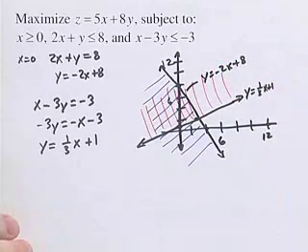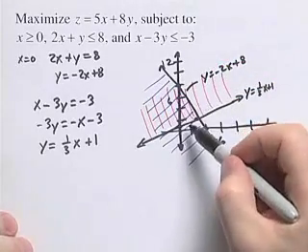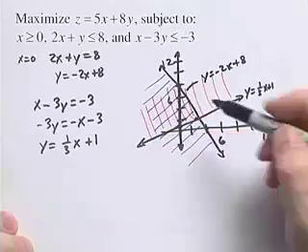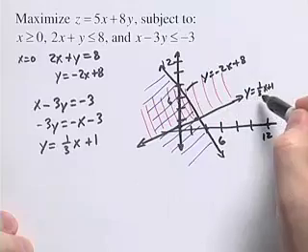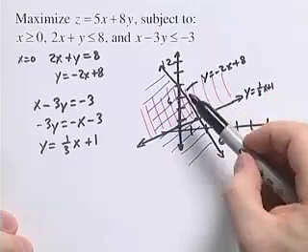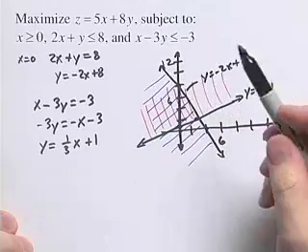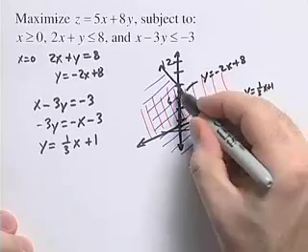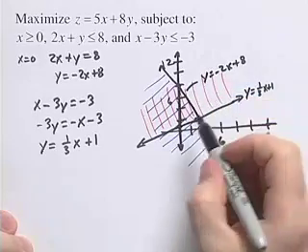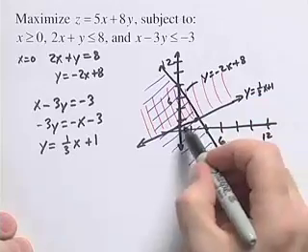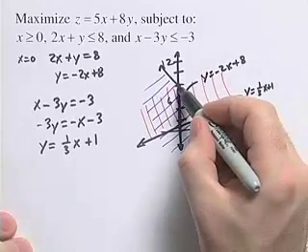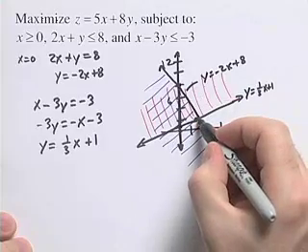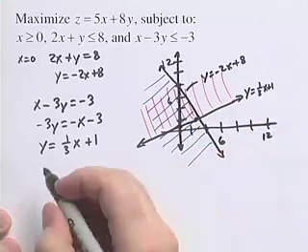Now our feasible region for this problem is going to be where the overlap lies. We need to be to the right of the y-axis. We need to be above the line y equals 1/3 x plus 1. And we need to be below the line y equals negative 2x plus 8. That puts us in this region right here, the triangular region. We need to find the corner points for this region. Let's see, these are going to be y-intercepts for our two lines. And we'll need to find the intersection point for that line. So our corner points,